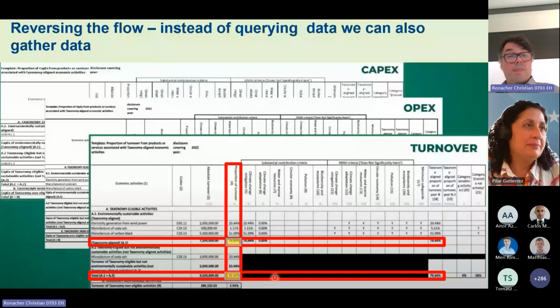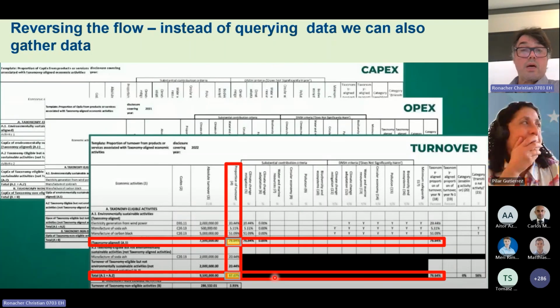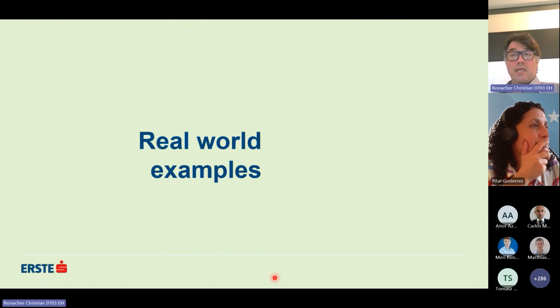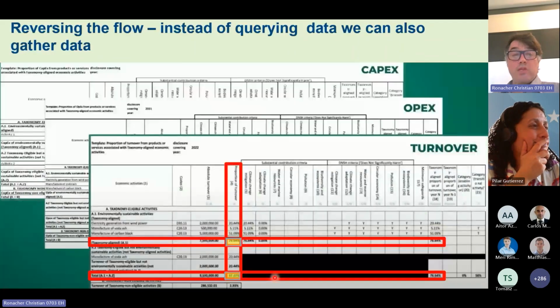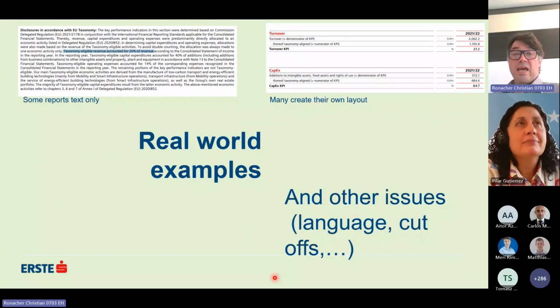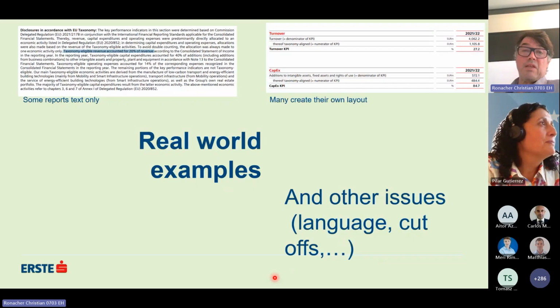And here we just have a kind of use case where we go for sustainability reporting, where we try to find out data from the sustainability reports provided by the big companies, by the public listed companies. And in real world examples, it should look like this, the templates, but the real world looks like this. So we have text, we have other templates, and therefore semantic meaning matters. The format doesn't matter, but the meaning matters.